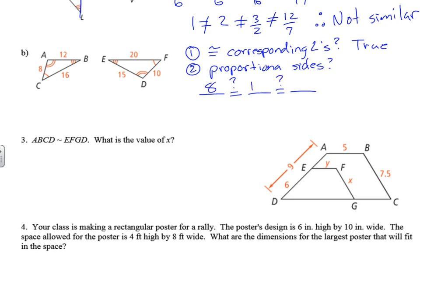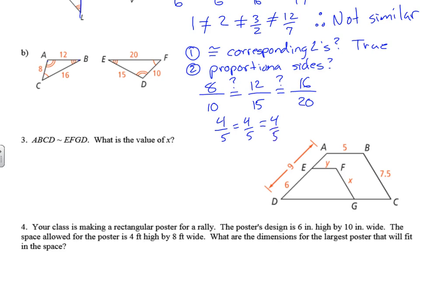I'll just start and go 8, 12, and 16. I pick one triangle and I put them in the top. So you see how 8 is between the 1 and the 2 markings, so C and A. Over here, that would correspond with 10. Okay, so then the 12, that's between 2 markings and 3 markings, so that would correspond with 15, and then that would leave 20 as our last one. So now we want to reduce 8 and 10, 2 goes into both of those, so that would be 4/5. Okay, 12 and 15, 3 goes into both of those, 4/5, and 16 and 20, 4 goes into both of